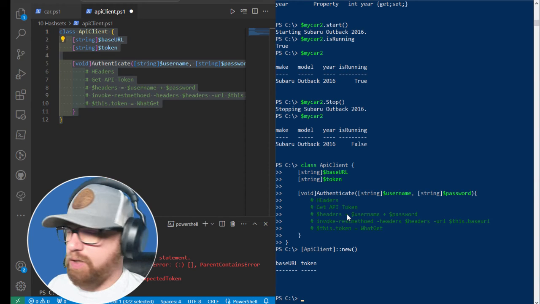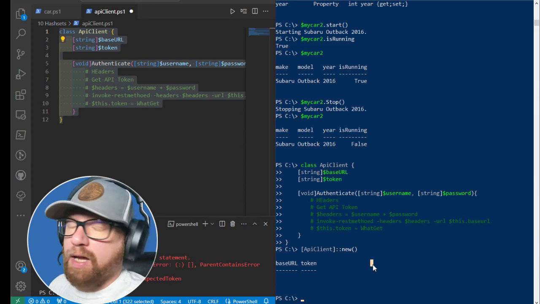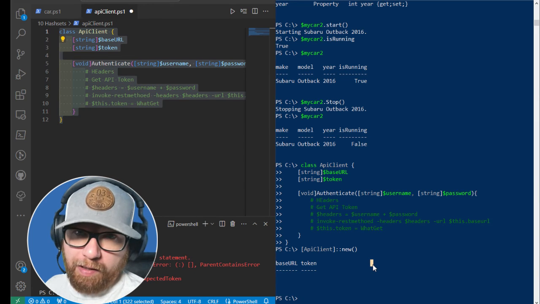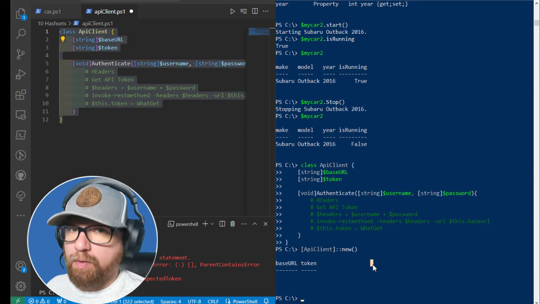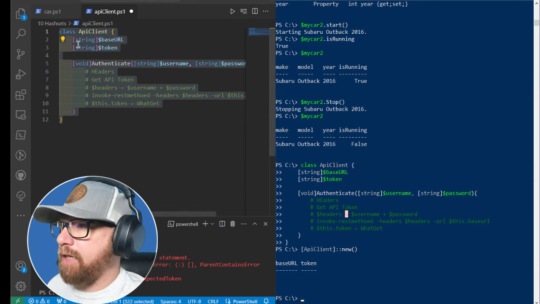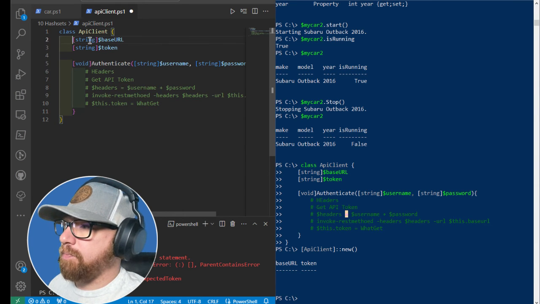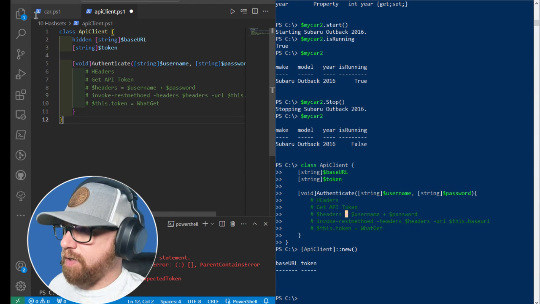But if you did need to use the class as a user, you wanted to hide this, or let's say you have a method that you want to hide from the user, like a delete method. You want them to be able to use methods to get data, but you don't really want them to know there's a delete option. You can hide things with the hidden option. So if we come up here to this property, we can say hidden. And so now